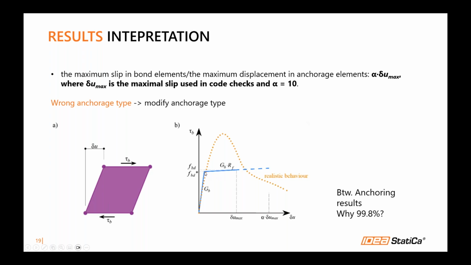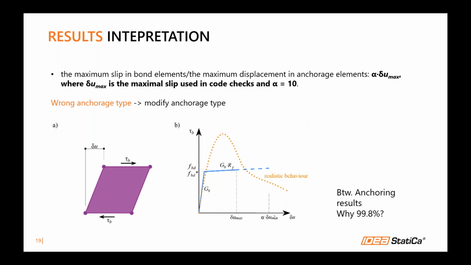The answer is that we are in the plastic branch for most of the cases, like in this part. So there is 100%, because in the results you can see the ratio between the stress and the limit yield bond stress. That's what you can see in the results. So this ratio is usually something between 99 and 100,